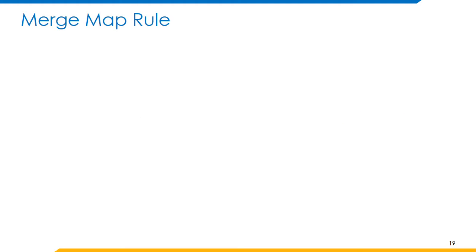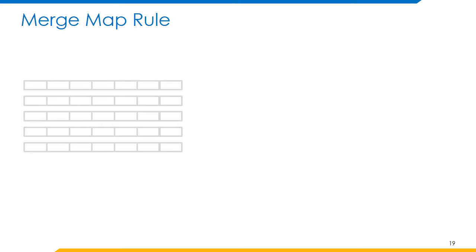Match map rule. Sometimes it happens that a single record cannot completely represent an account or group. The various records have to be merged so as to create a single account or group object. In such cases, match map rule is used to customize how these records shall be merged.